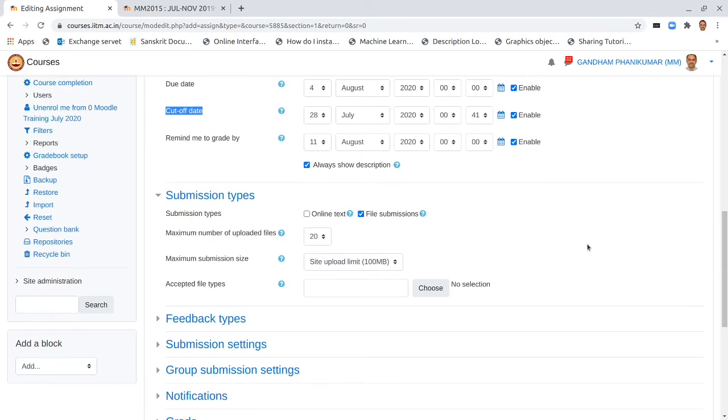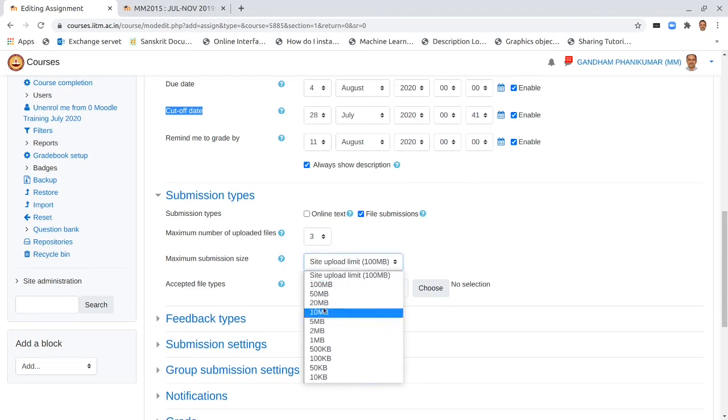And what is the submission type? So it's important here to pick the file submission, because that makes it the easiest for us to archive later on and also to evaluate in an offline mode. And how many files can be uploaded? So very often one file is sufficient, but often I have realized that giving 1 or 2 options to submit revised versions is very useful. And you could also set an upper limit for the size of the uploaded file.